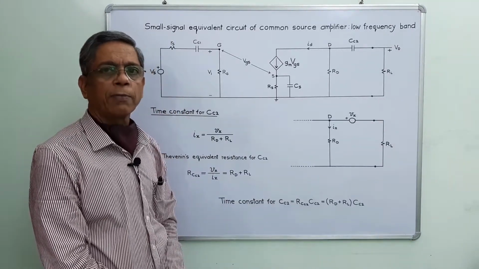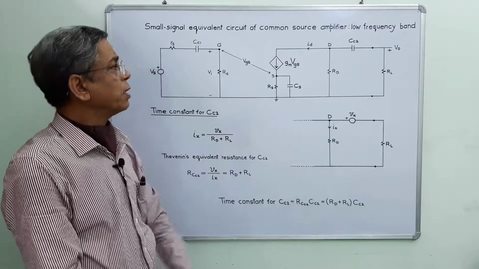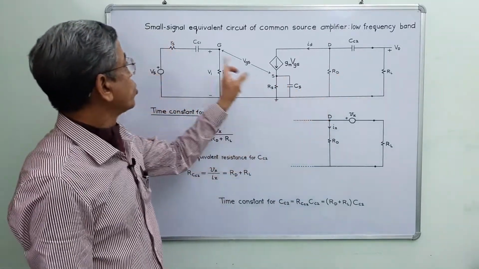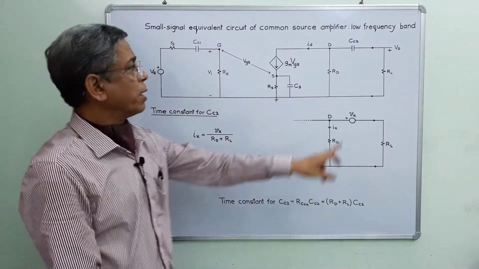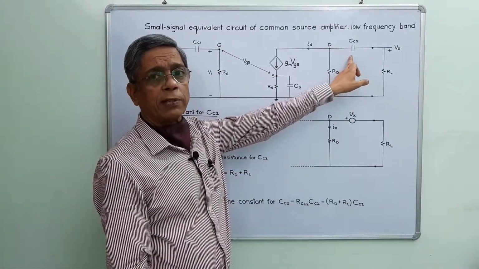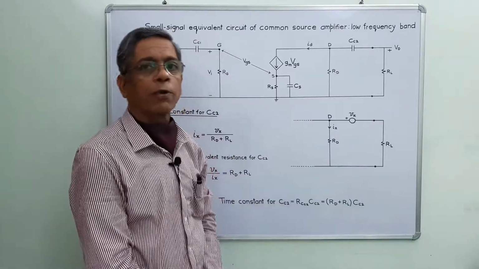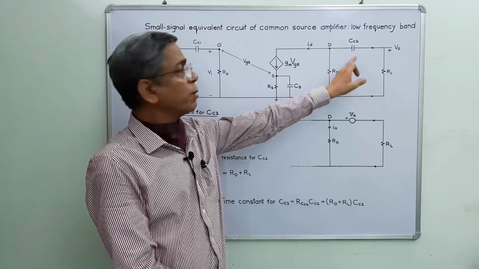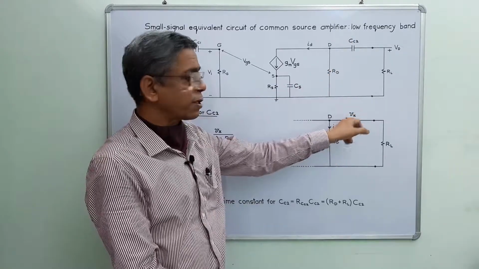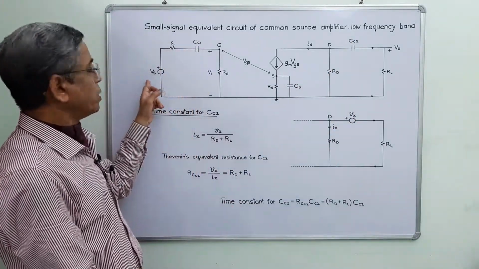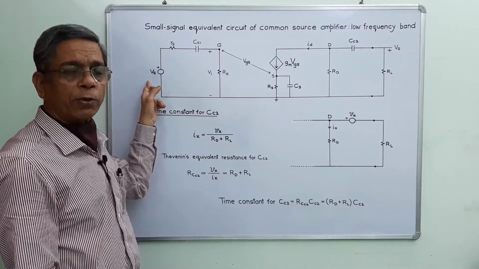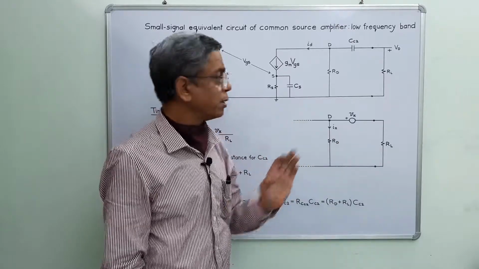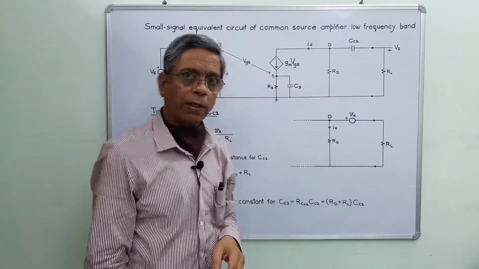As per the short circuit time constant method, in step number 3, I am selecting this coupling capacitor and considering these two capacitors as short circuit. I have to find the resistance seen by this capacitor, or the Thevenin equivalent resistance across the terminals of CC2. For that I have to use Thevenin theorem, replacing this capacitor by a test voltage and putting the input voltage source equal to 0. Anyway, I will require only this part of the circuit. This part is not usable at all.